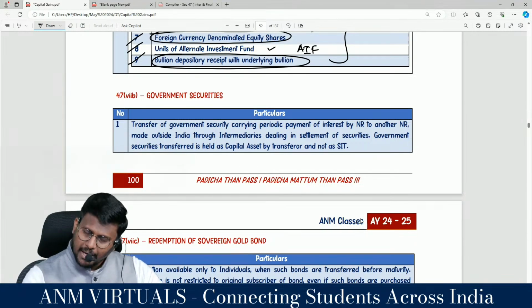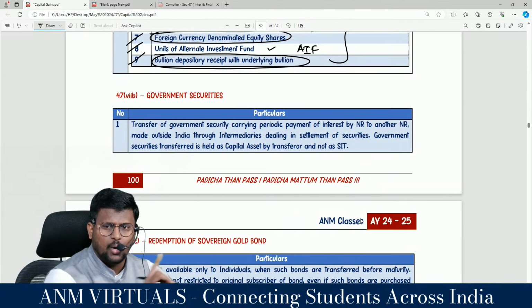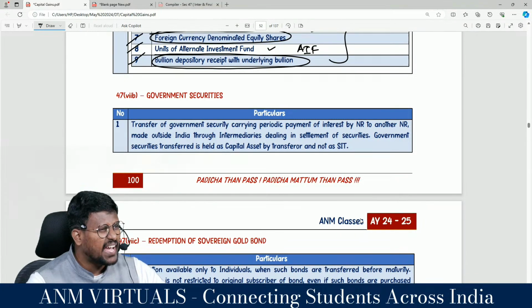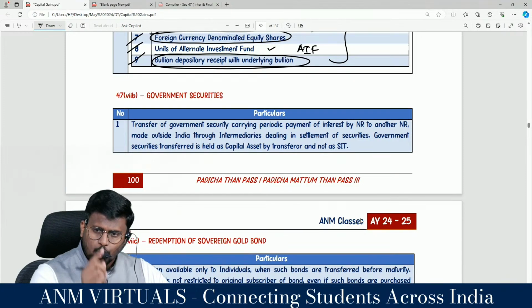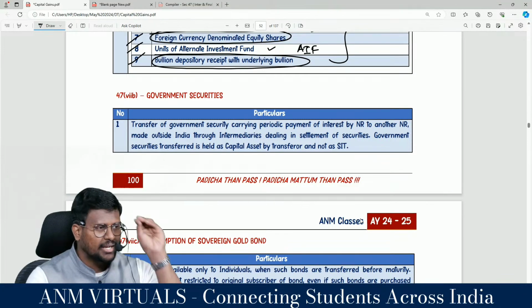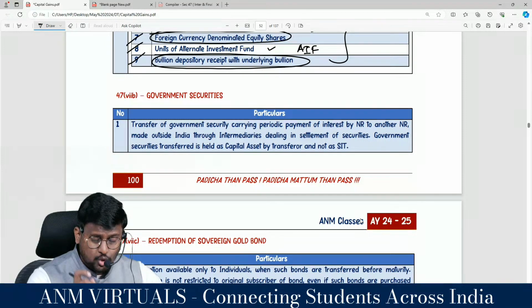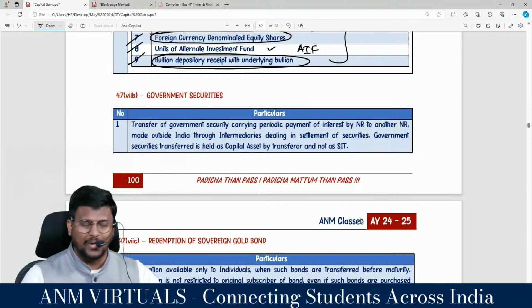Shareholders of amalgamating company, 47 clause 7A. Bonds or GDR by a non-resident situated outside India to a non-resident situated outside India will not be regarded as transfer. 47 clause 7AA: Rupee denominated bond by one non-resident situated outside India to another non-resident situated outside India will not be regarded as transfer. 47 clause 7AB: Transfer of specified capital asset through recognized stock exchange situated in IFSC in foreign currency will not be regarded as transfer.